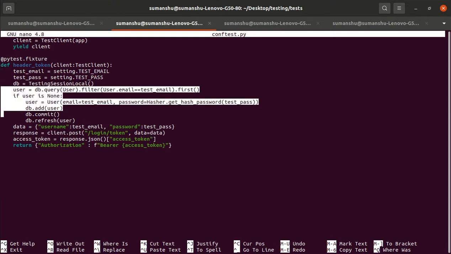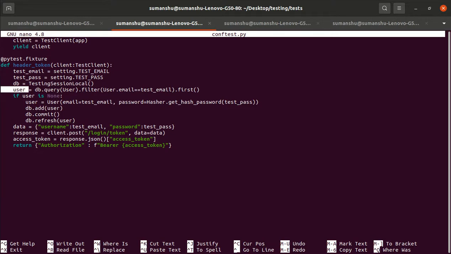So we are creating the user. First we are checking whether the user exists or not. If the user doesn't exist, we create a user, and make sure we use the hashed password while storing the user. If the user is already created, this test runs fine, but the create user test failed because there is a primary key in the database. The user was already inserted, so the create test case failed.